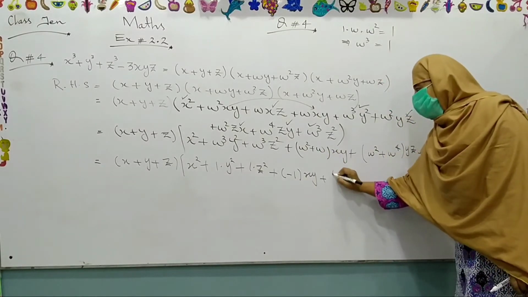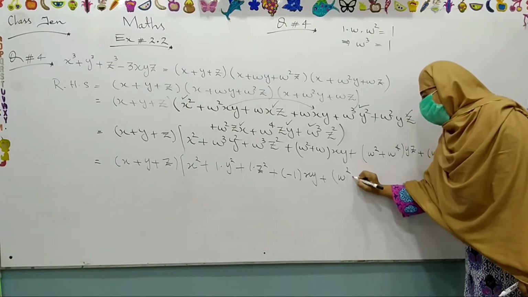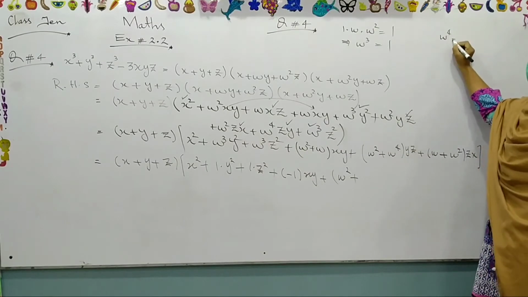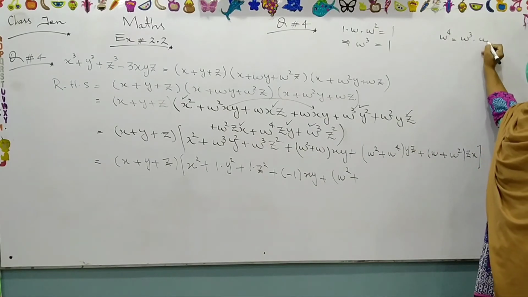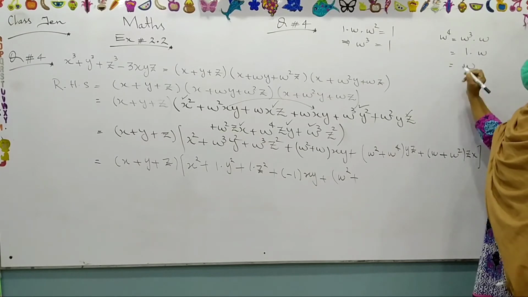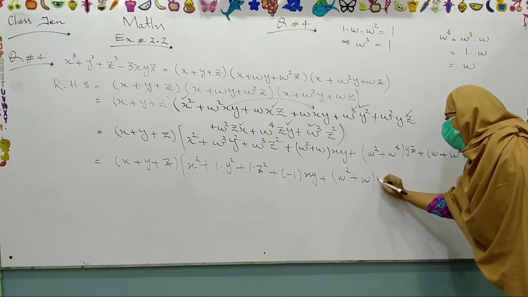plus, now I will solve this one. What will it be? Omega square plus omega 4, I can split omega cube into omega. What is omega cube? 1 into omega, it will be omega. I will write omega and here y